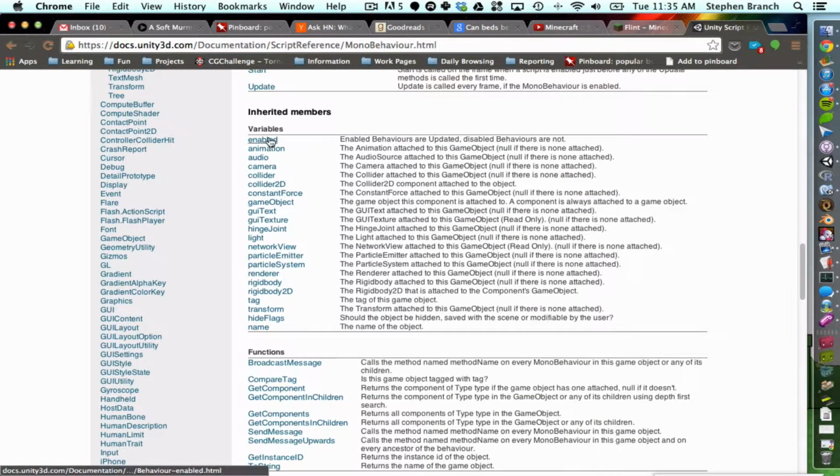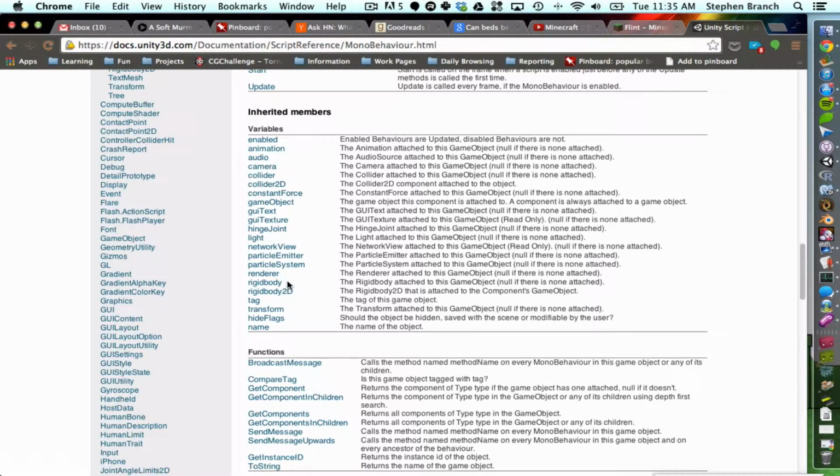So these are a lot of the ways that you do stuff in the engine. There's this transform component that lets you move objects around. There's this collider component that lets you register collisions and do stuff with that. So if you're trying to make a gun, you get the collider and try to detect if something's been hit. There's a renderer that lets you change which objects are being rendered in the scene. There's a rigidbody, which basically lets you apply physics forces to objects. While there are other ways to interact with the engine, starting out, the majority of the interaction we're going to do is using these inherited members. So